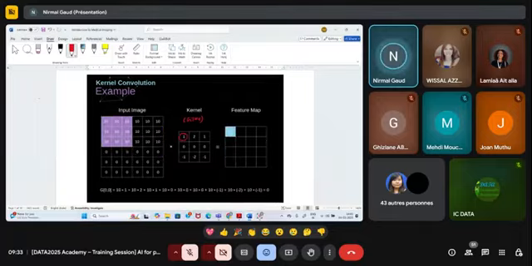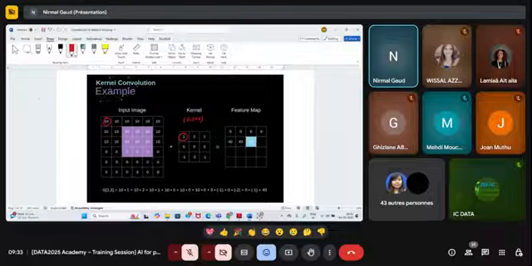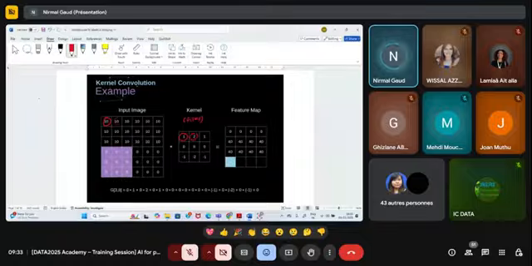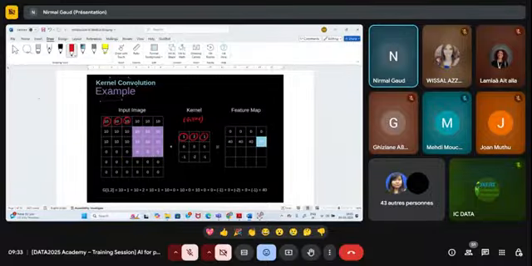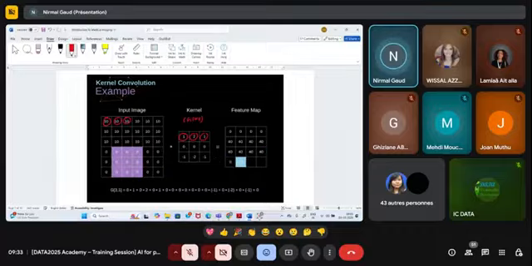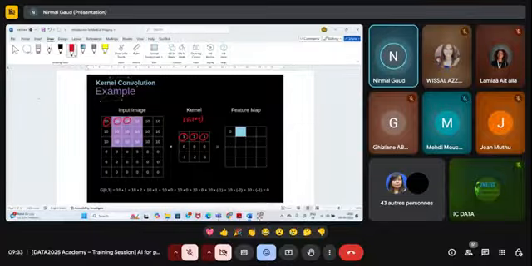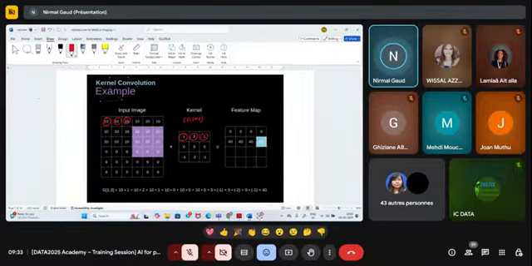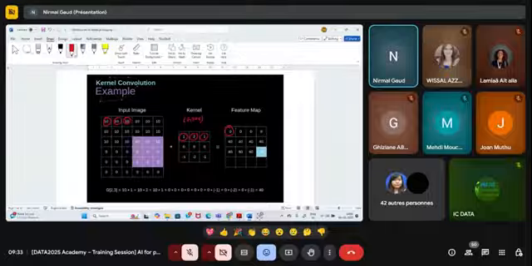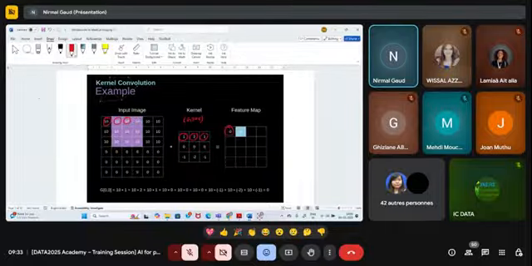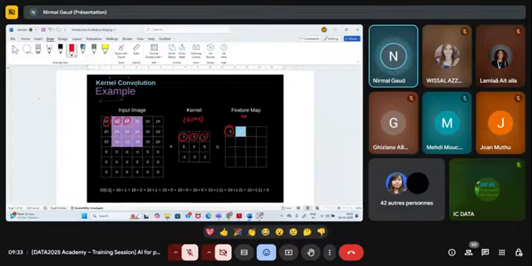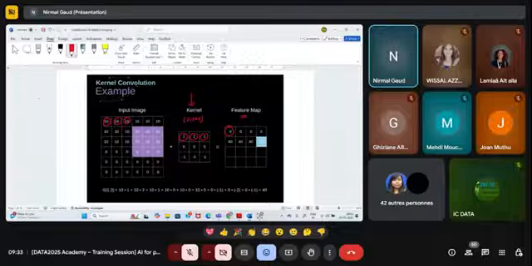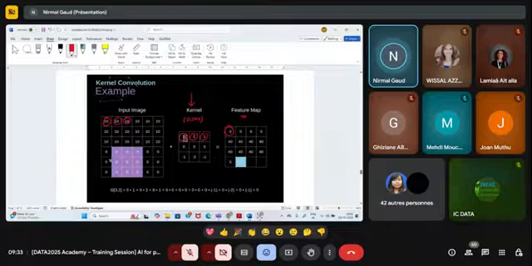That means 1 will be multiplied by 10 plus 2 multiplied by 10 plus 1 multiplied by 10 plus 0 into this, 0 into this, 0 into this, and so on. Here you get the answer. This is the feature map. We have extracted information from the image with the help of a filter. This is what happens in convolution.